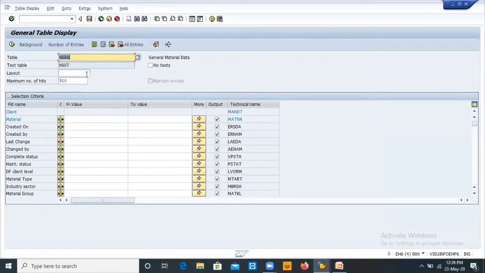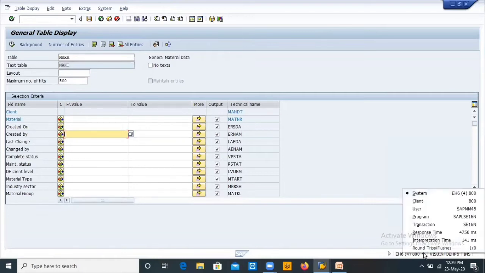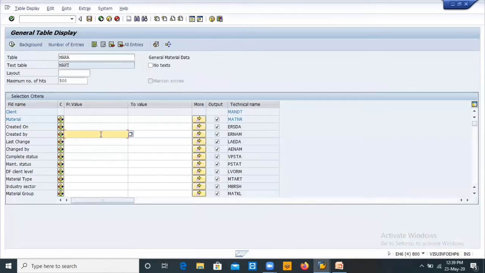We'll see what those are. Created by: here I am giving this username, SAP MM45. I am giving this username here, MM45, and click on display.